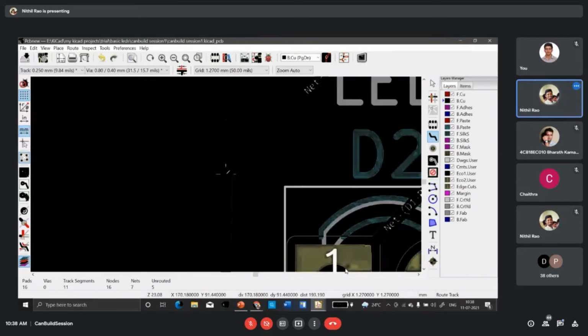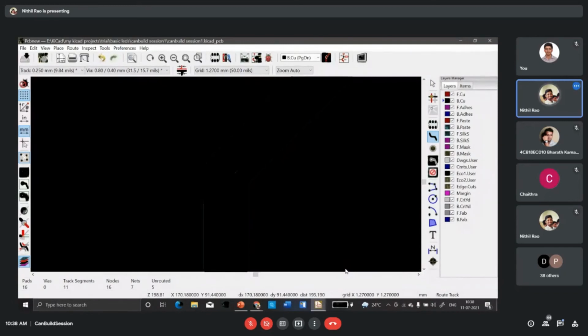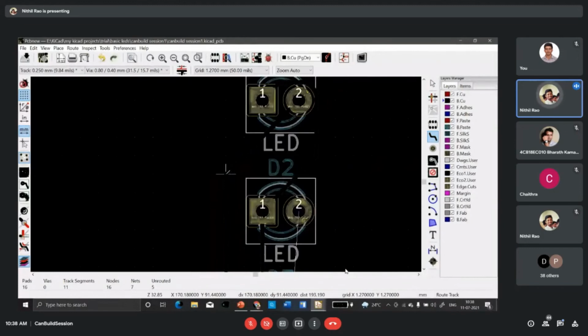I'm talking about this bend. It could have been 90 degrees, but it is not. It is more than 90 degrees. Does anyone know the reason behind this? You can put it in the chat box, or you can unmute yourself. Does anyone know the reason why we can't connect it at 90 degrees? It can be connected, but it is avoided.